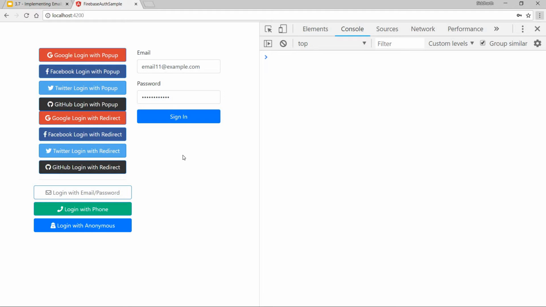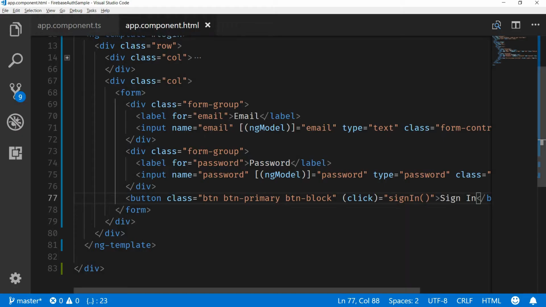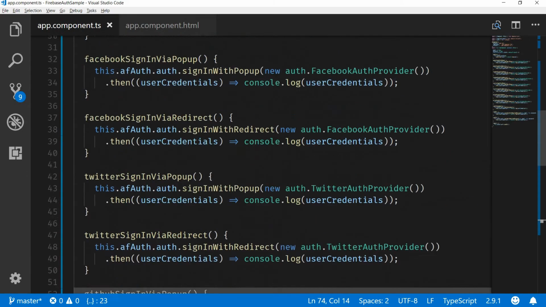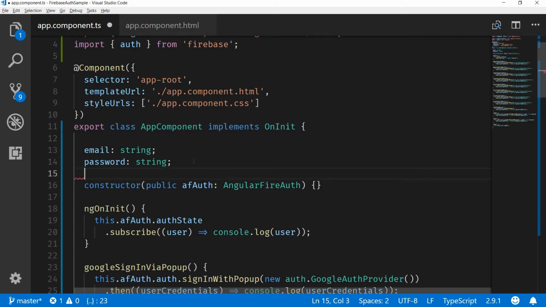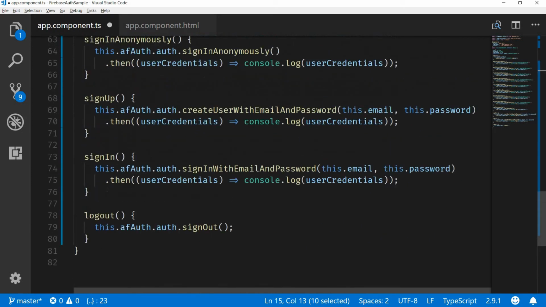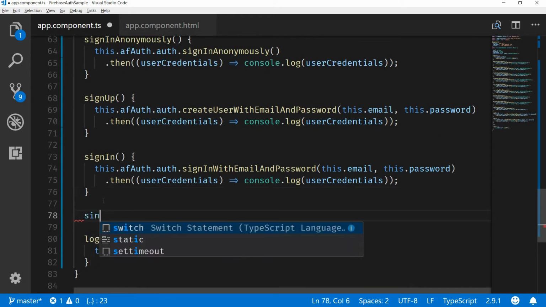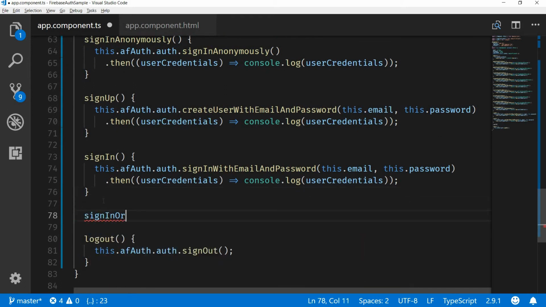So that was it for this section. Let's also quickly see how we can toggle between the login and the sign up states. I'll create a variable here for the same purpose that determines the mode: sign in mode, which by default would be false, and based on this we will be making the sign in or sign up requests. To do that, I'll create a new method named sign in or sign up,